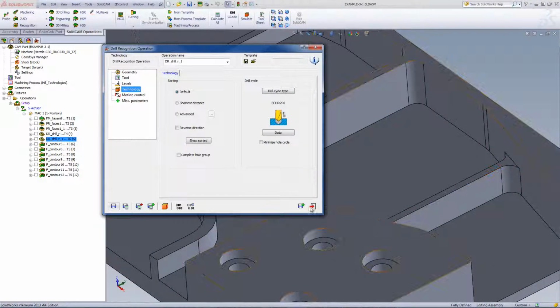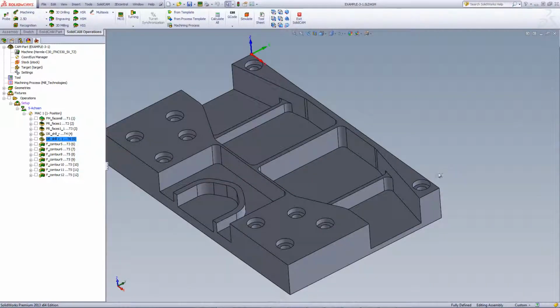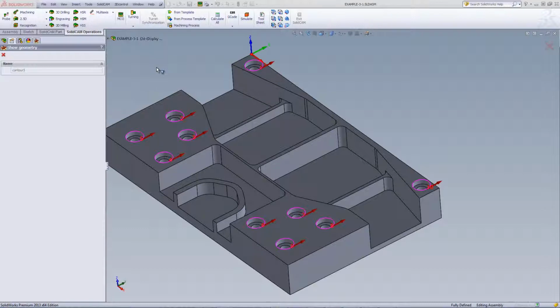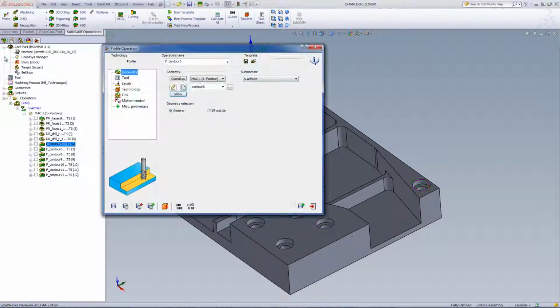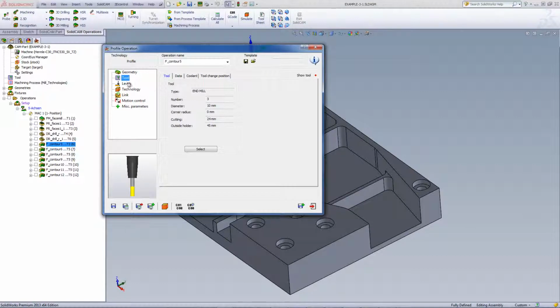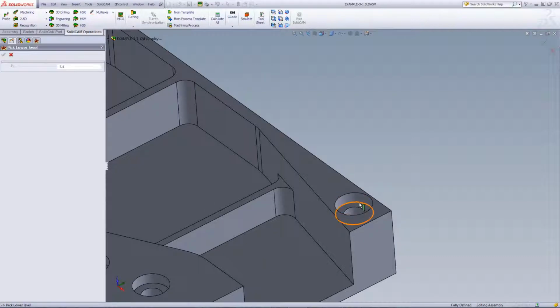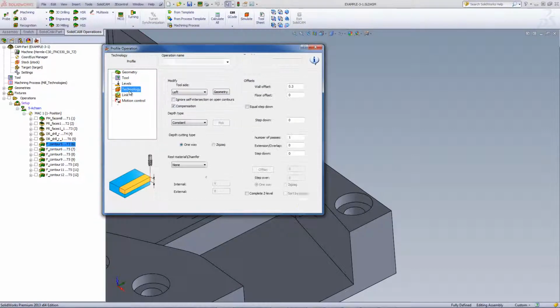Now, in my next operations, I wanted to finish off the counterbore of each one of those holes. So to do that, I just used a profile operation where I had my geometry as shown over here, each hole individually as shown over here, and the tool being of 10 millimeters, going down to the depth as chosen on the part itself up until the floor over there. And in my technology, all I did was use a wall offset of 0.3 millimeters